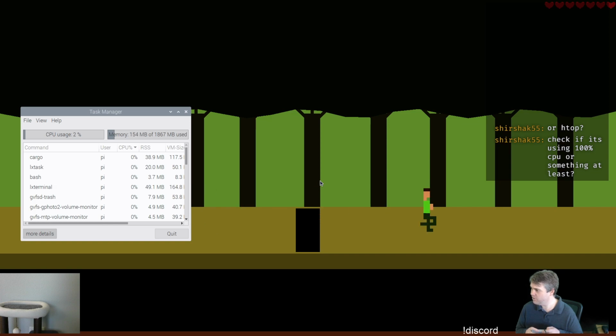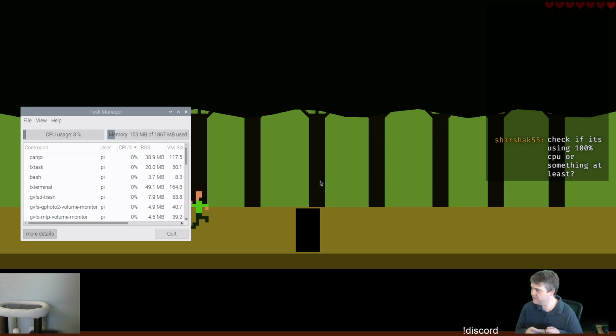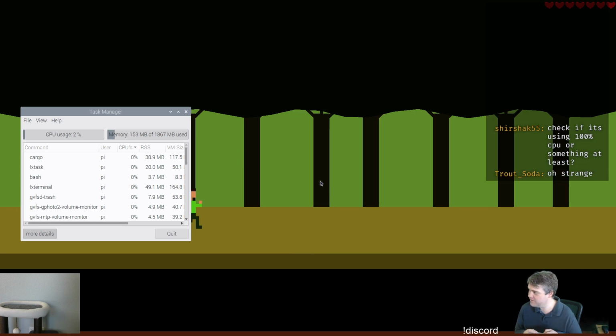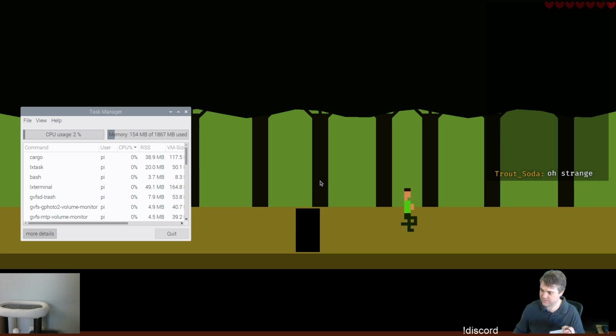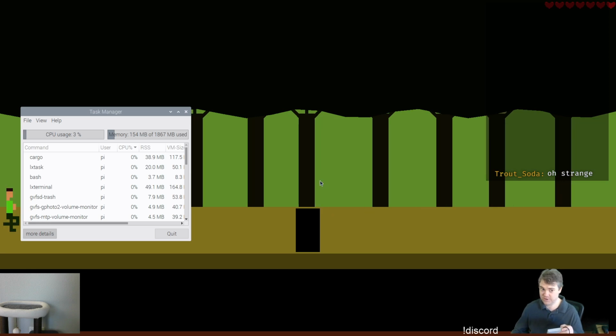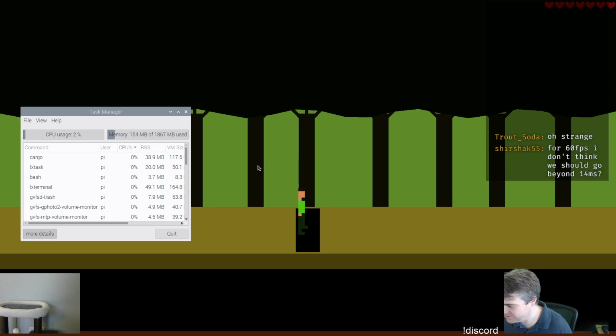It's not anymore. Oh, wow. Like 3%, 2% CPU. Memory is down. Okay, so we're successfully using the GPU. Okay, this is nice. For the task manager,